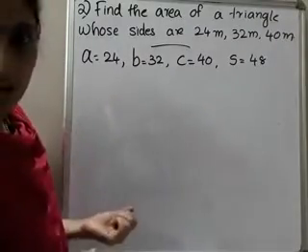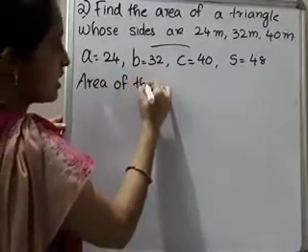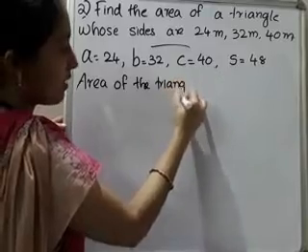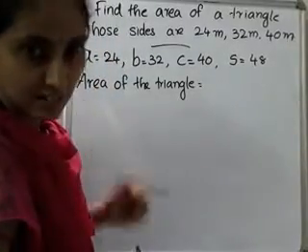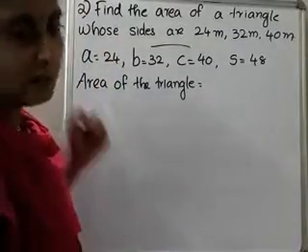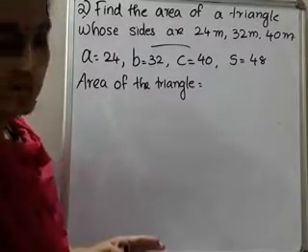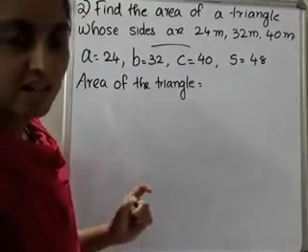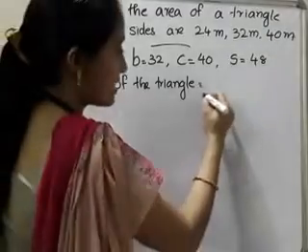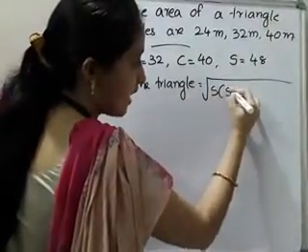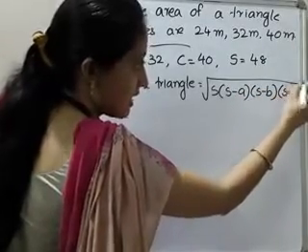Then write down area of the triangle. Area of the triangle is equal to. So please write down the formula. What is the formula? Area of the triangle is equal to root of S into S minus A into S minus B into S minus C. So please, up to the first section, that is the first video, you have to say the formulas loudly. Otherwise, that will not be kept in your mind. Okay, so please you have to say the formula. What is that? Root of S into S minus A into S minus B into S minus C.